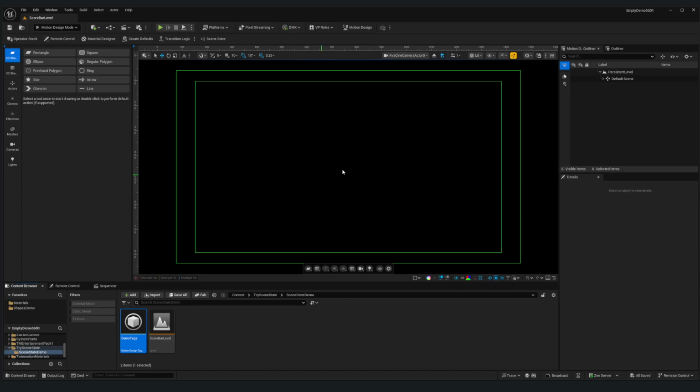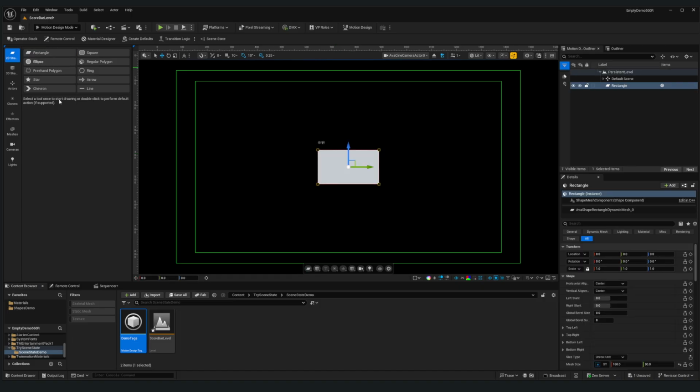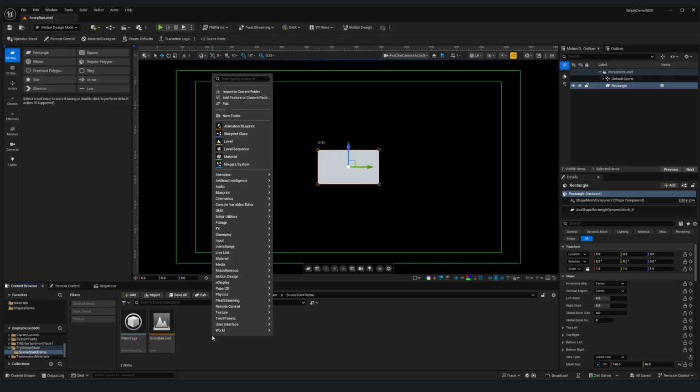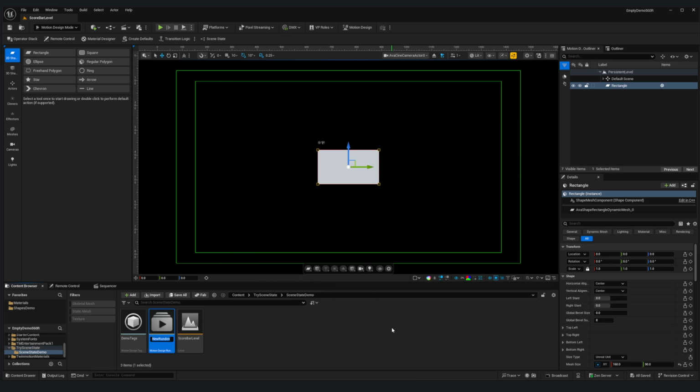And next we want to be able to see something in this level, so I'm just going to double click on the rectangle so we have a shape visible. Control-Shift-S once again. And finally, just to test our transition logic in general, I'm going to go ahead and create a rundown. So right click, motion design, and motion design rundown so that we can play out the level and see how it would look in a broadcast. So we'll call this demo rundown. Control-S to save it, double click to open,